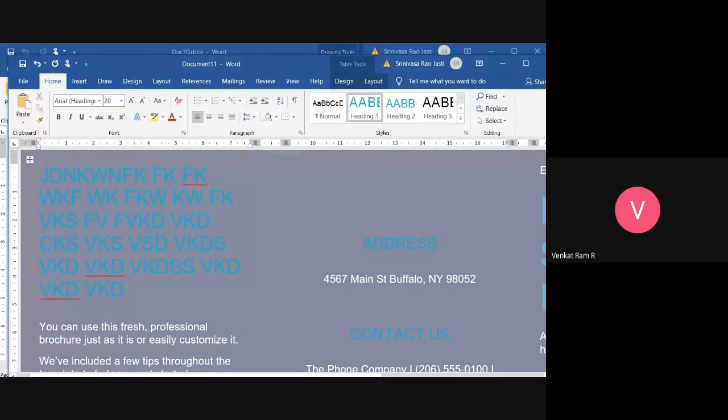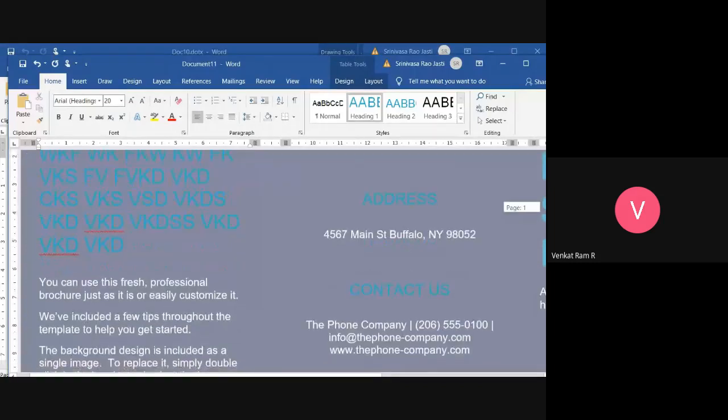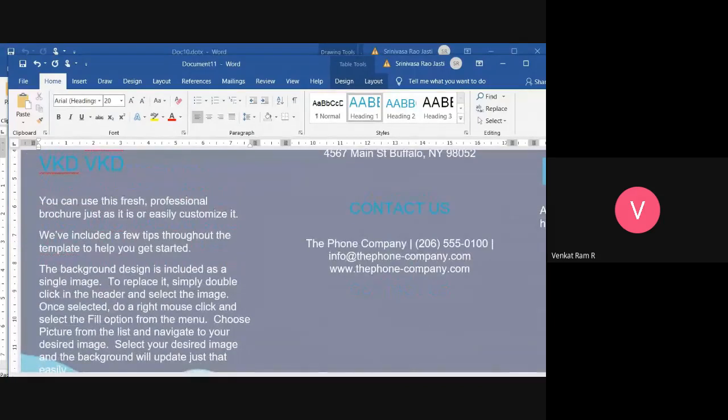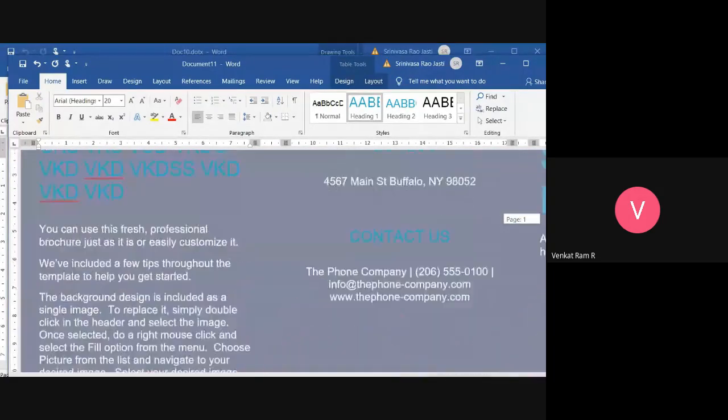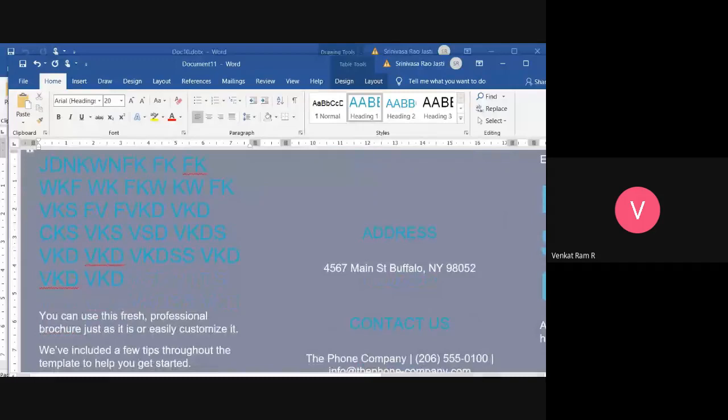Okay, Rajdeep, you got it. If you want to edit a template, just open it and select the text, remove the text whatever is given by Office, and type the text which you require. Is that clear?